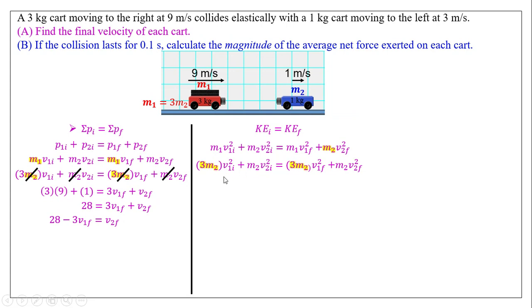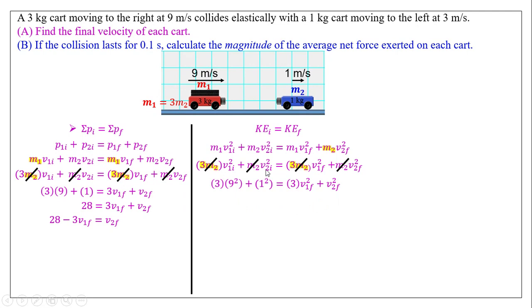Hopefully you have good habits. Make sure you use parentheses so this way your work looks nice and clean. I notice that my parentheses are small, but that should be big. Pardon that. And then M2 is going to cancel out on every term here because it appears on every term. So on the left side, all I have is 3 V1i squared, V1 being 9. I'm going to square that. And then